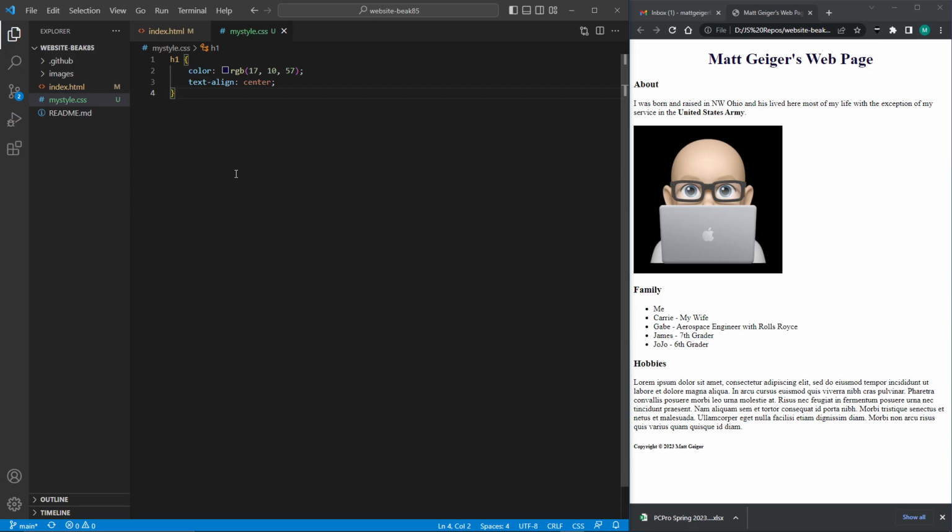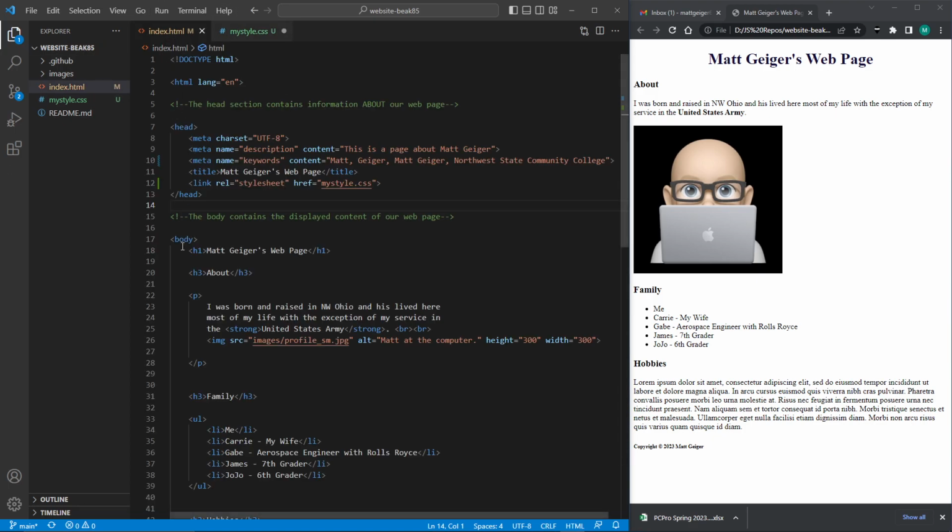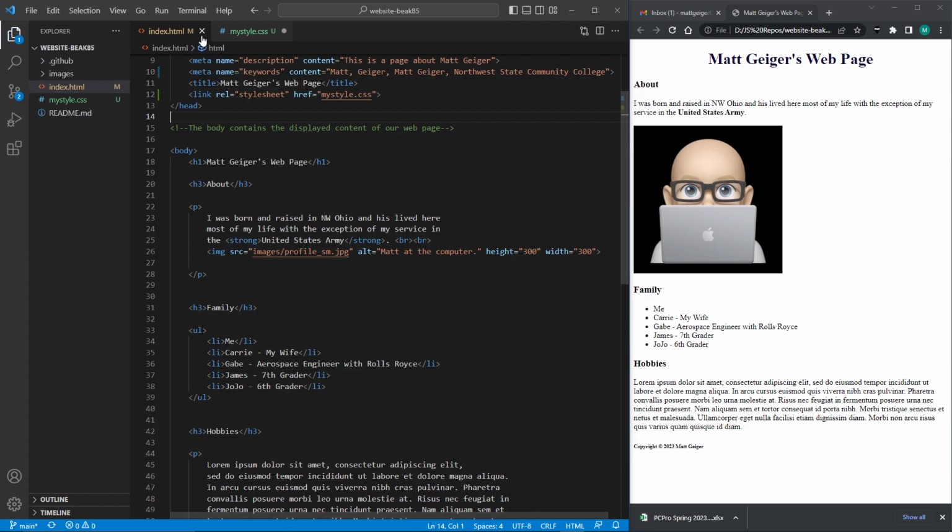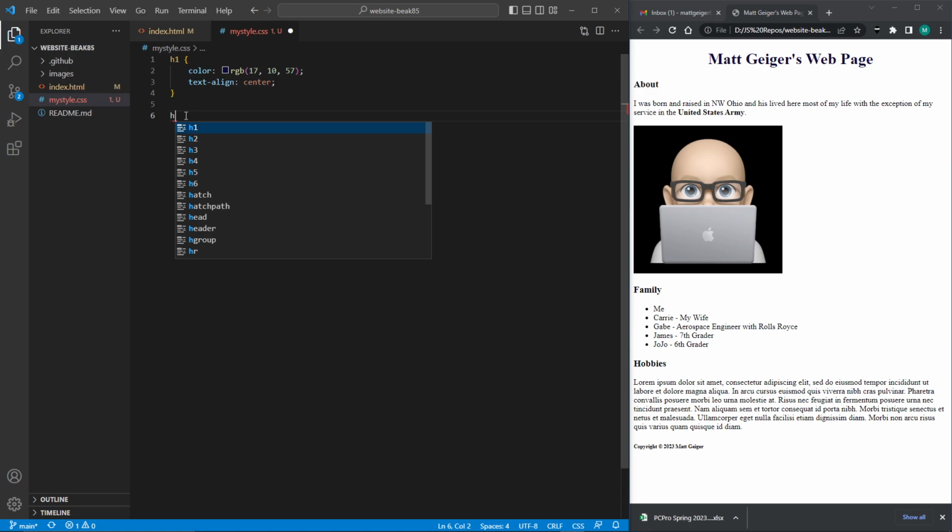All right, so that's basically all we do. Create a text file, and then we can list different selectors and the styles we want to apply to them. So let's do one more. Let's do our H3s, because we go over here and look, we have multiple H3s on this page. I'm going to say for my H3s,